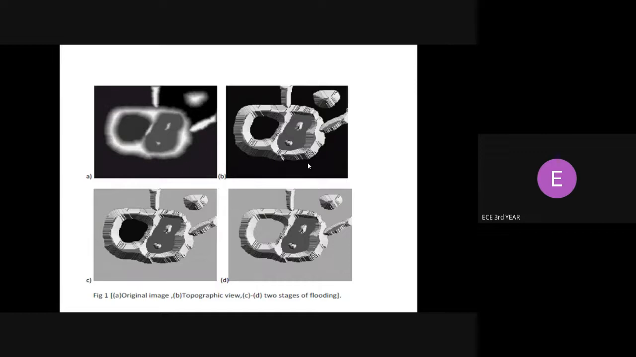So in this watershed diagram, I think we have been observing it for some time. So in this watershed algorithm, you can see the